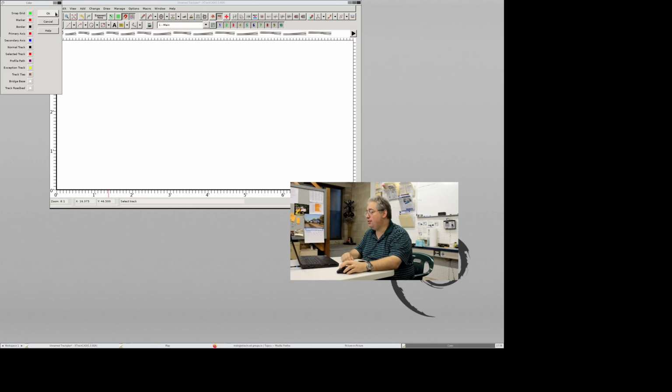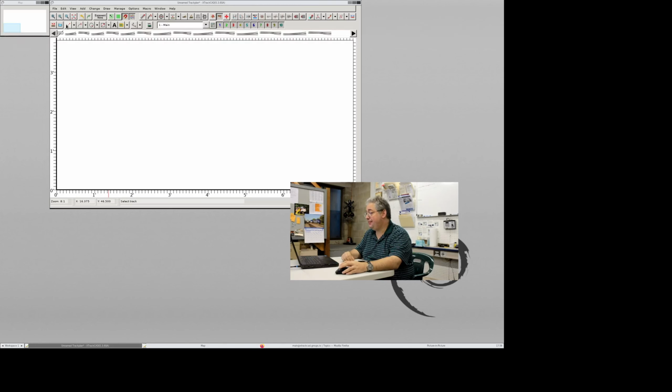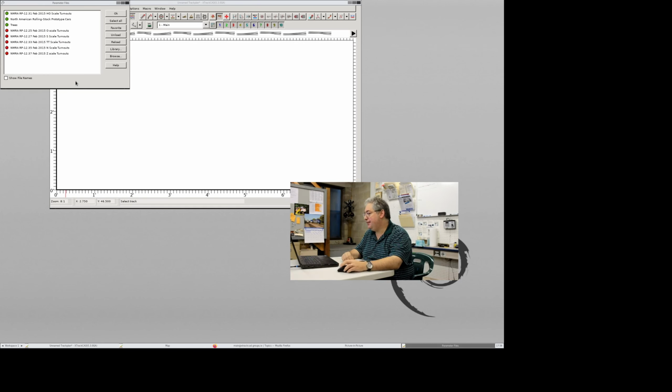Next thing we have to do is load some track. So if you go to the File menu and go down to Parameter Files, click it. A little box comes up, and once you load a library, the list of the track libraries you have goes into the box. So if you click on Browse,